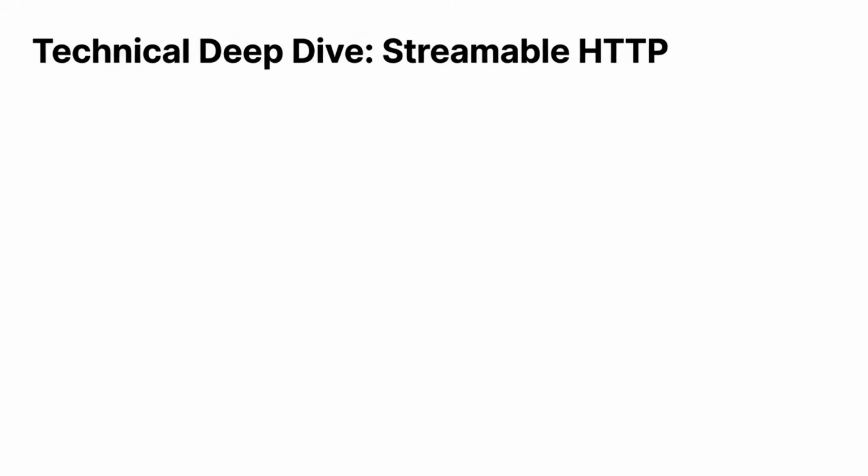Alright, let's take a closer look at the streamable HTTP. This is exactly how we take the Model Context Protocol out of your local machine and into the big wide world of the internet. First, look at the middle of the diagram where it says the MCP endpoint. Think of this as a single front door or meeting point that the server provides. So instead of having a bunch of confusing different addresses, the server provides one single endpoint path that is smart enough to support both POST and GET requests.